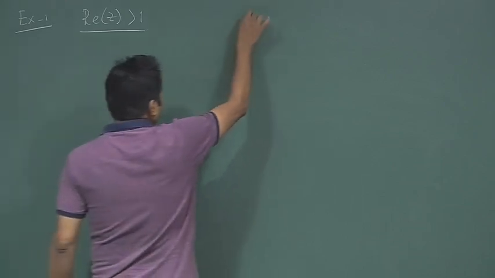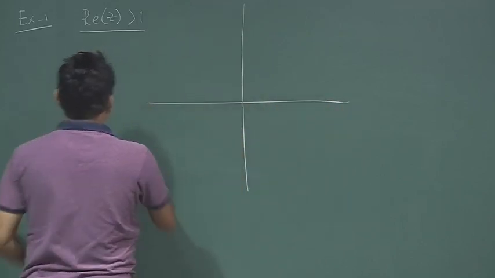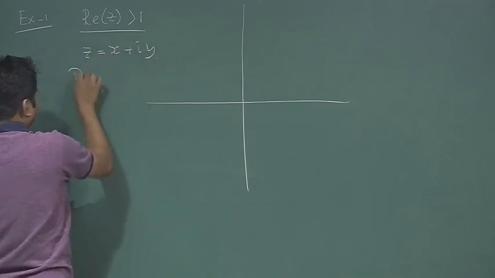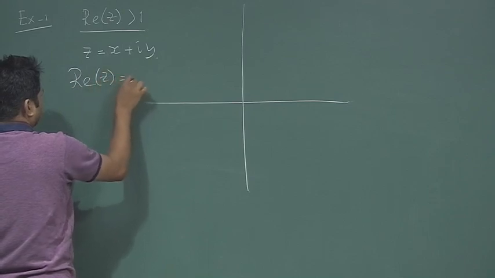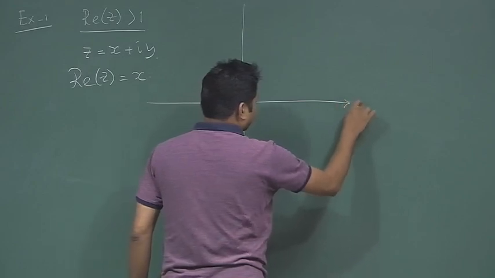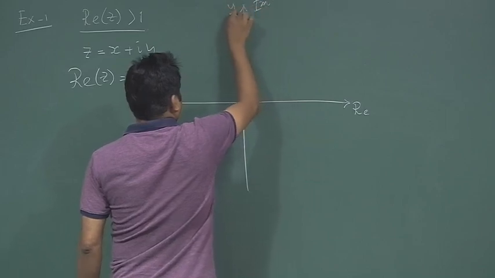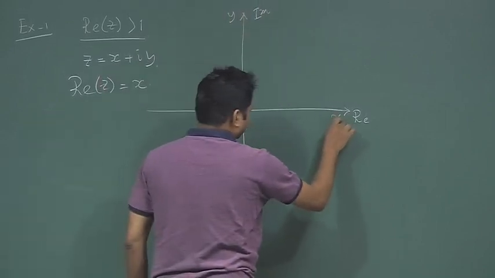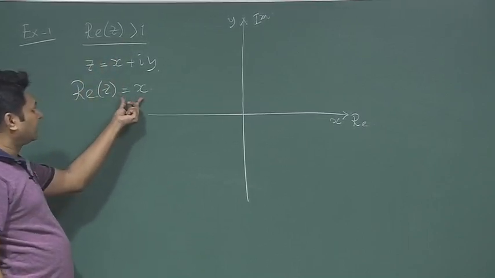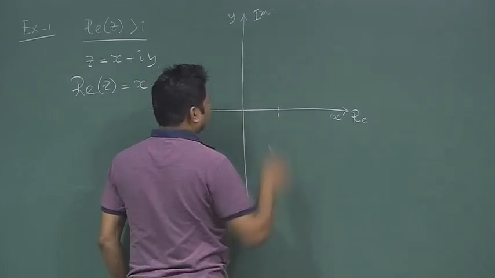It is quite easy. This is my complex plane. Real z means what? z is x plus iy. So, real z is equal to x, as simple as that. So, that means this is my real axis, this is my imaginary axis, I call it y, I call it x, and then I say real of z is greater than 1, that means x is greater than 1. So, x is greater than 1 means I have this point 1, and if I make a dotted line here,